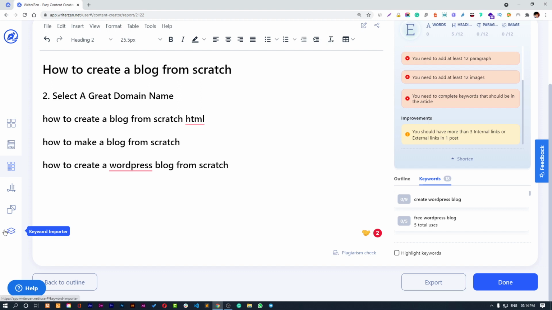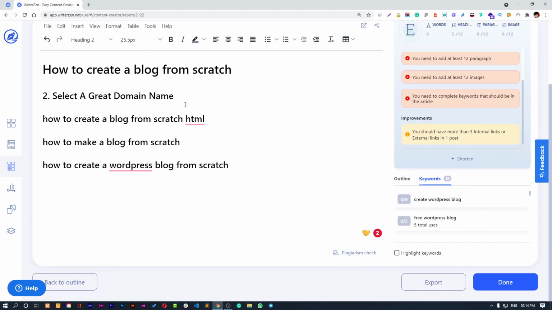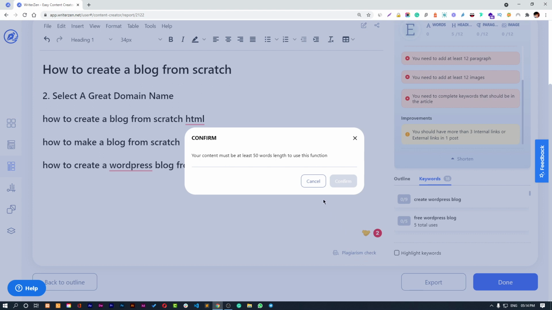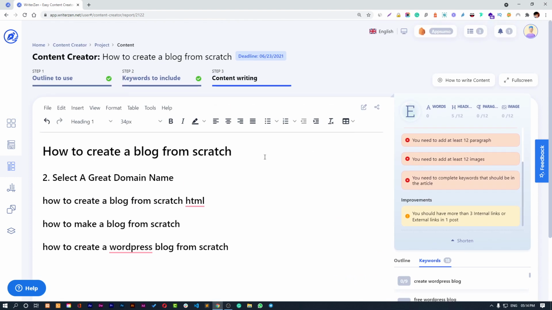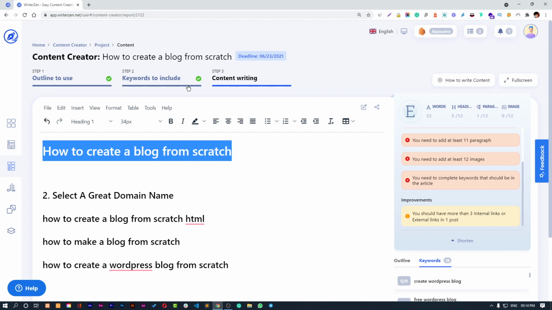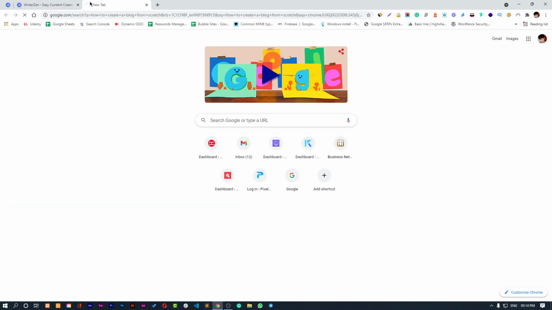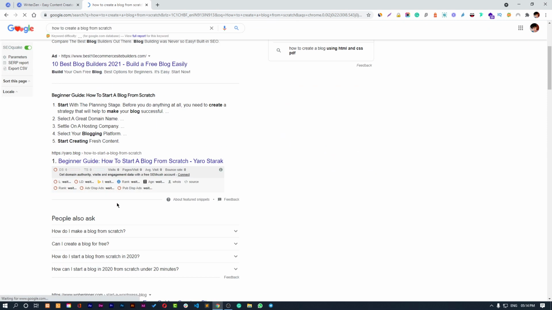And there is a separate section for plagiarism checker you can find over here. But to use the plagiarism you need to have some content, and when you click it, it will say that your content must be at least 50 words in length to use this function, right guys?